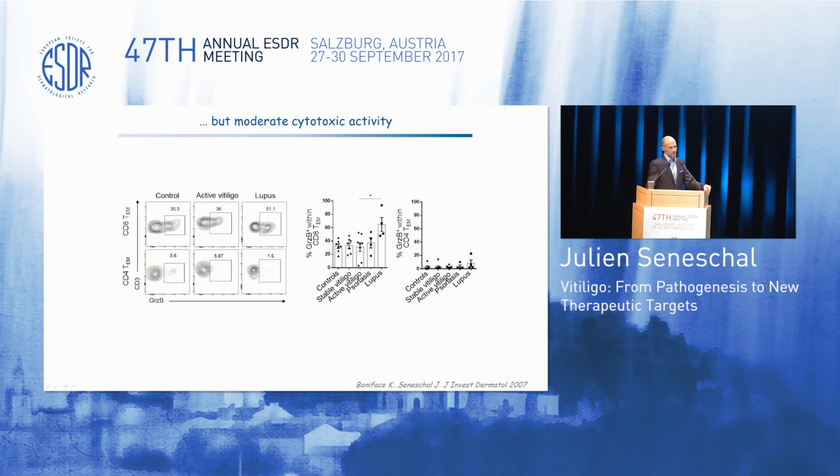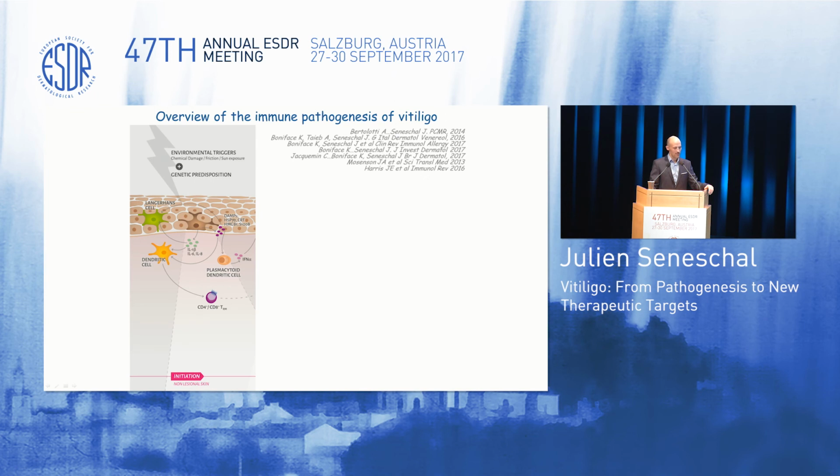Okay. For the overview of the pathogenesis of vitiligo, I show you that under environmental triggers and genetic predisposition, there is expression and secretion by keratinocytes and melanocytes of chemokine ligands and pro-inflammatory cytokines that induce activation of the innate immune system. Next, please. And that can activate the resident memory T cells that can proliferate locally, but also the chemokine